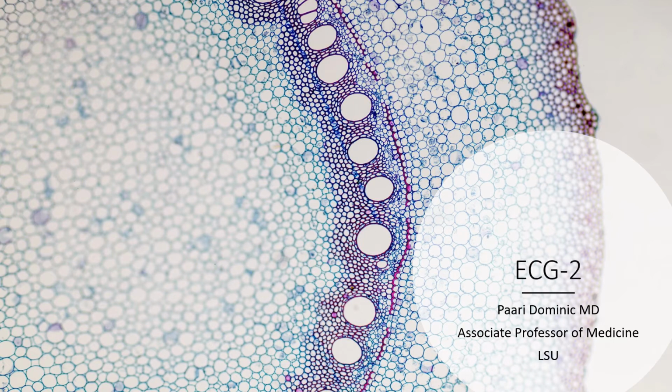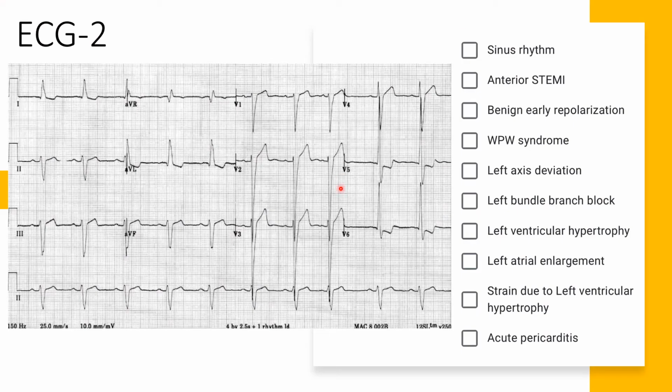This is the explanation for the second ECG. This was the ECG that was sent out, and the answer choices are on the right, and in this case one or more of the answer choices could be correct. The purpose of this ECG is to diagnose these high voltages in the anterior and lateral leads combined with the